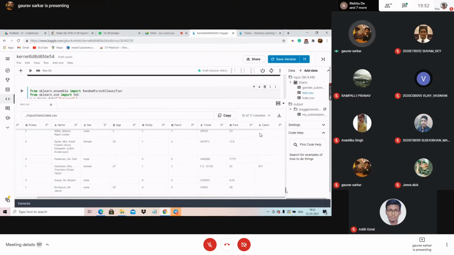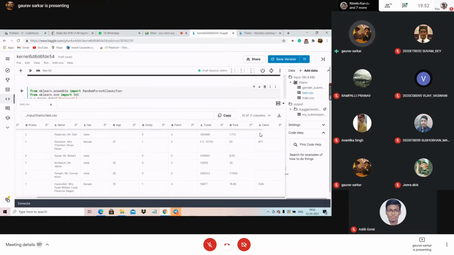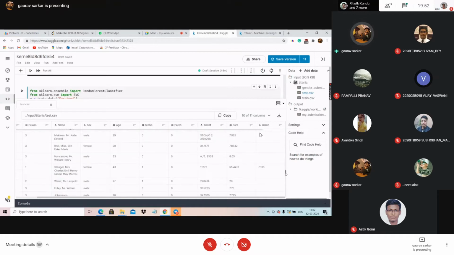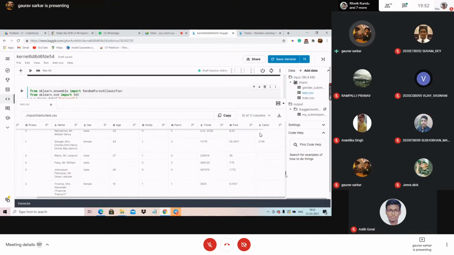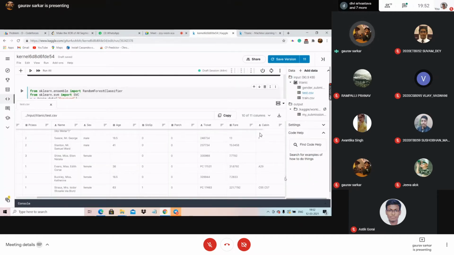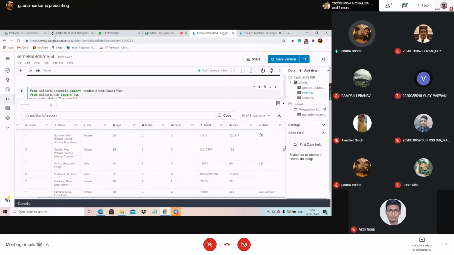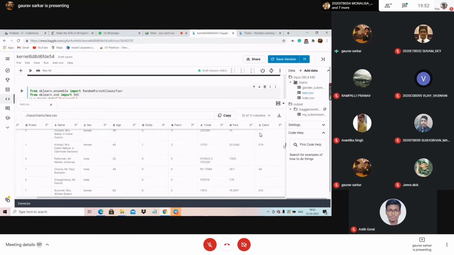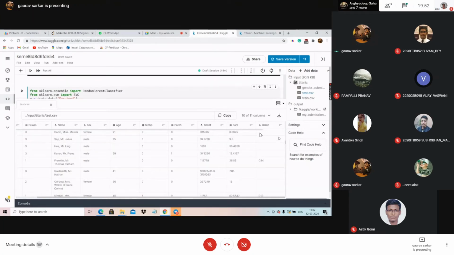We can do that. If somebody asks me if I can do that, based on your experience, as you work on more projects, you can come to the conclusion, okay, I can delete this cabin column. But initially, while you're learning, at first you don't do this. If you do this, there will be some problem. You might miss some important dependent variables. Age, sex, name, all these are dependent variables. If you miss any one of these, your machine learning algorithm will perform badly.